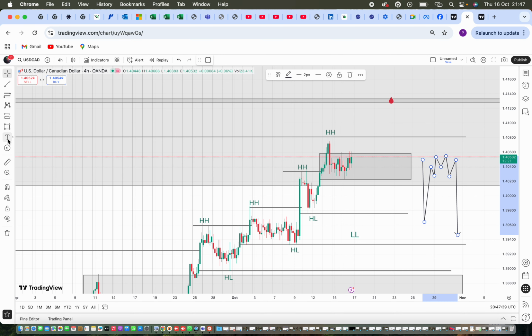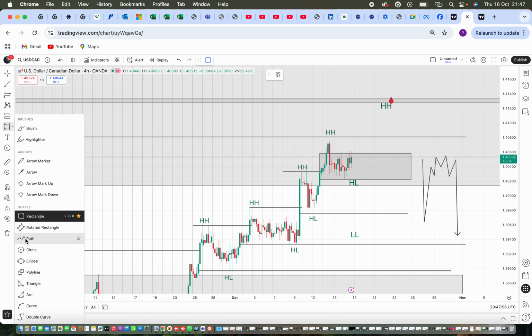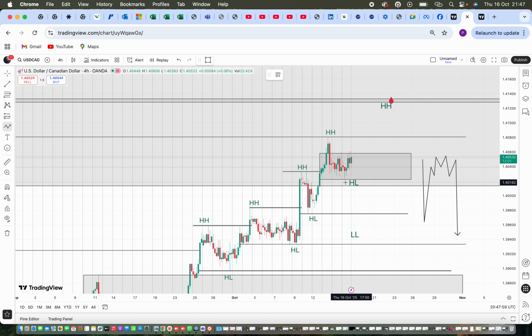We may see price give us a higher low here, and price will create another higher high here. So what the case will now look like is, instead of price coming to take out this low like I'm expecting, price can do this, come back maybe to take out all these lows that are created here, take them out, and we may see this happen.